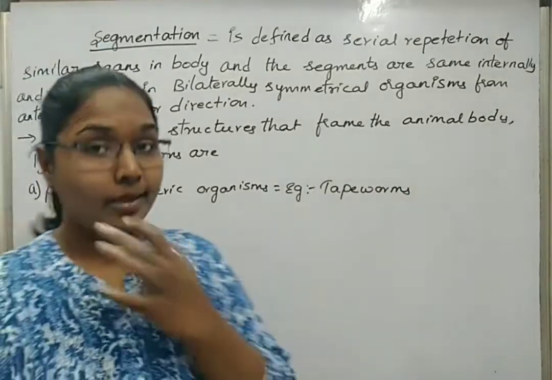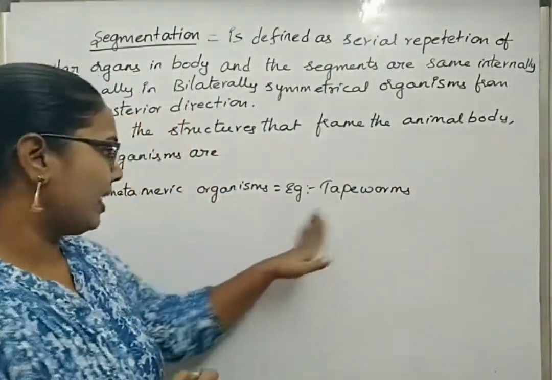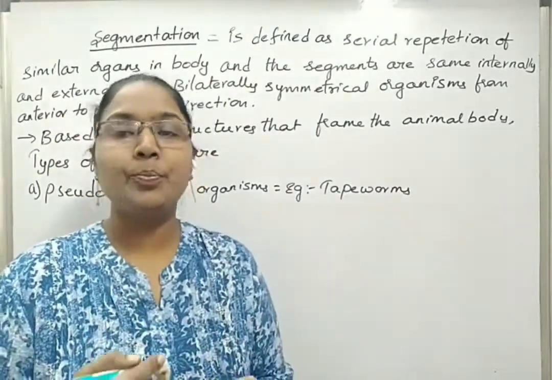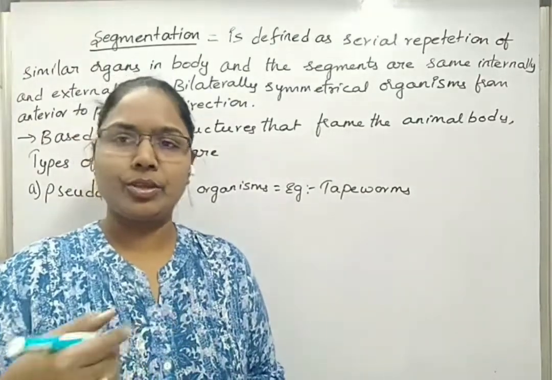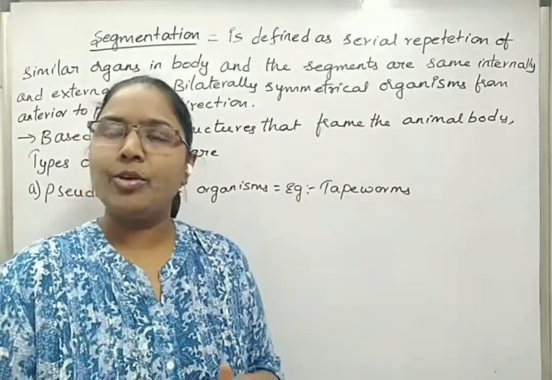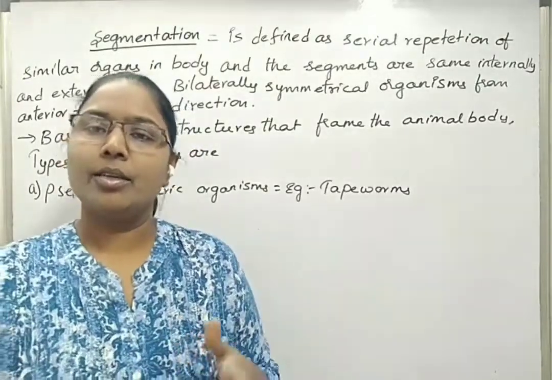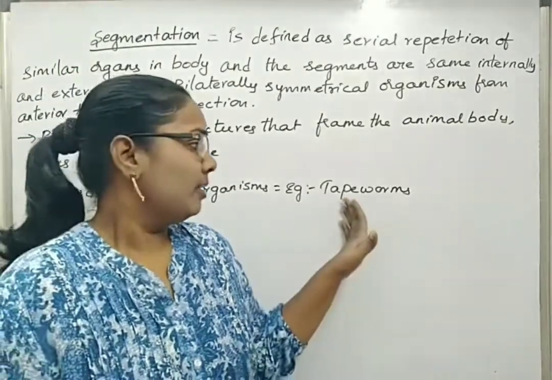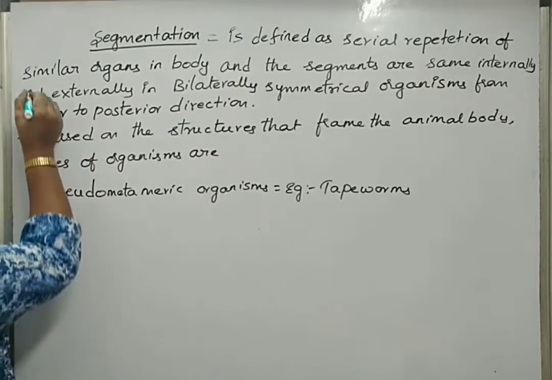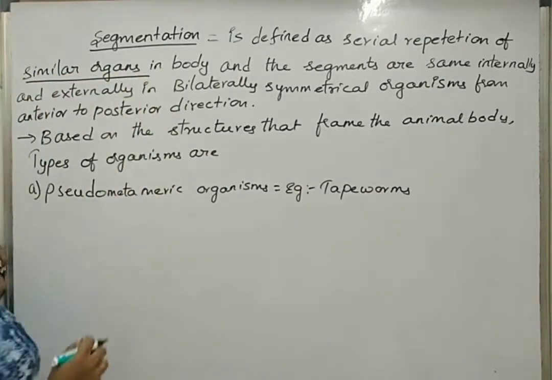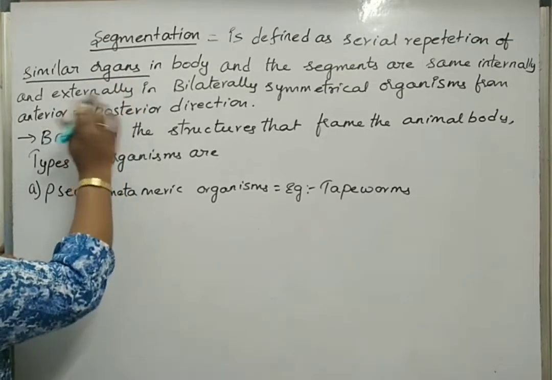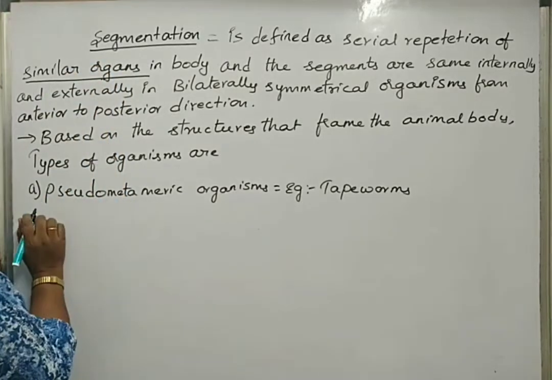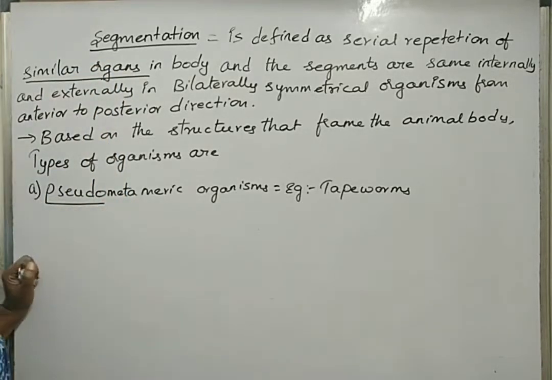Now, if we understand the meaning and the example, we should get one doubt. In the case of tapeworm, the body is divided into proglottids: immature, half mature, or completely matured gravid proglottids. Anyway, the body of the tapeworm is divided into segments, so metameric segmentation is seen in tapeworms. But the definition talks about similar repeated organs of the body. So how is it possible? Here we are telling in the meaning that it is serial repetition of the organs, but here we are using the term pseudo.